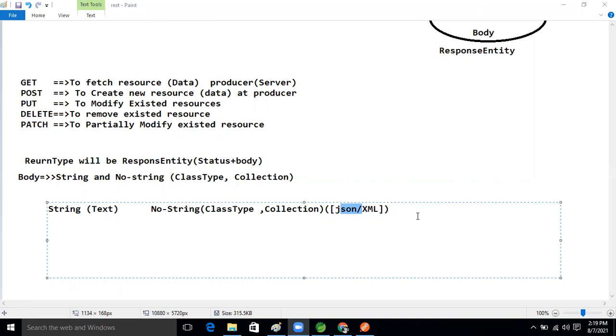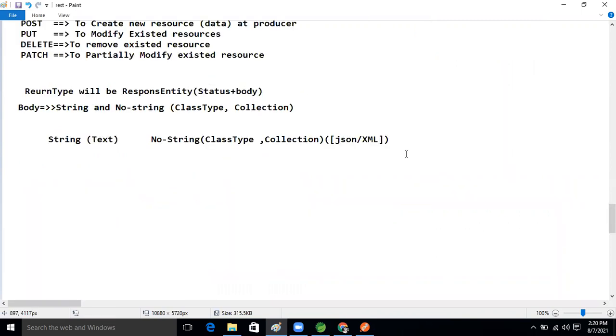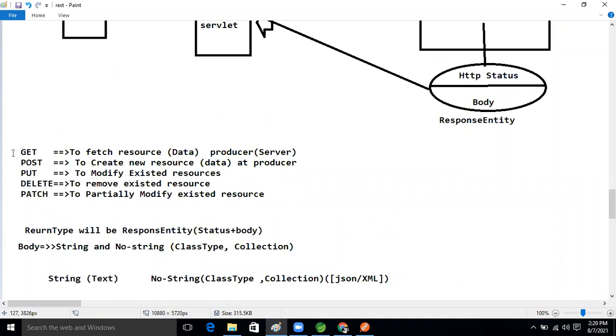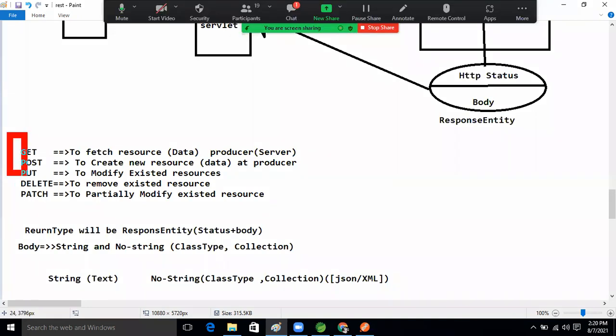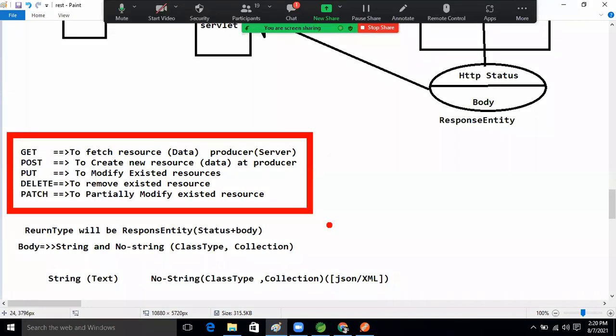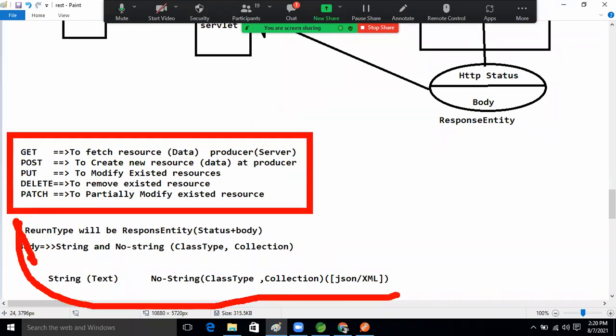Yeah, JSON data and XML data, right? How can we convert this data, non-string data, collection type data, and non-collection data? We will see that, guys. I will show which API we can work with based on that. But first, what is our work now? These different methodologies we will see first, based on this requirement.